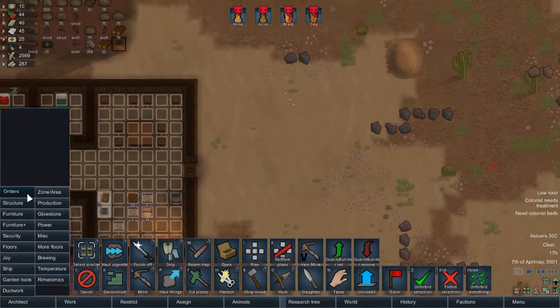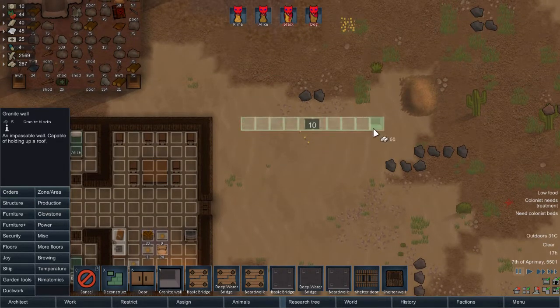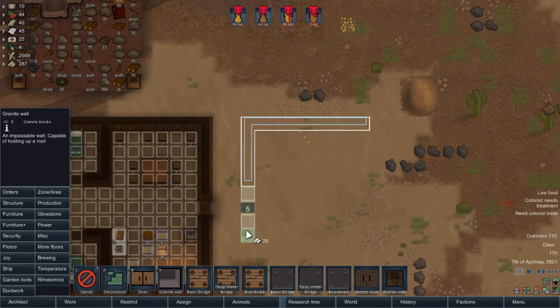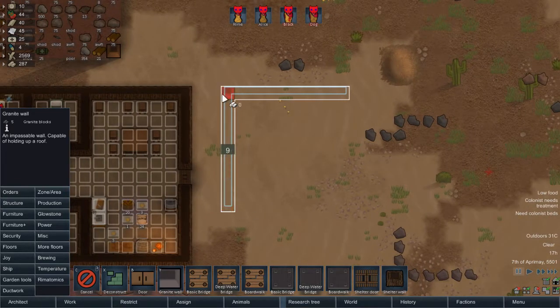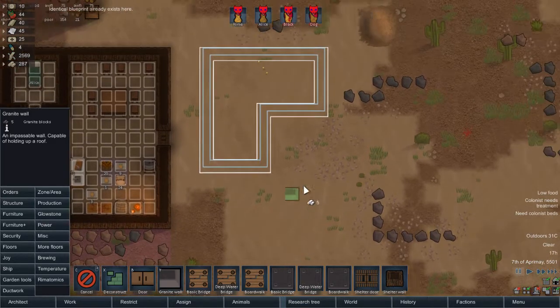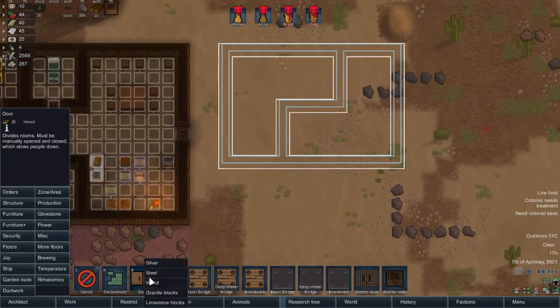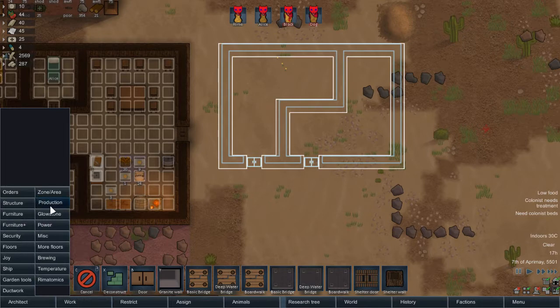So, I am going to do a thing. I am going to get granite walls. I have yet to find... I think this is 11. No, it's 9. I have yet to find a proper housing thing that can be done. However, for now, this will do just fine. Alright, so